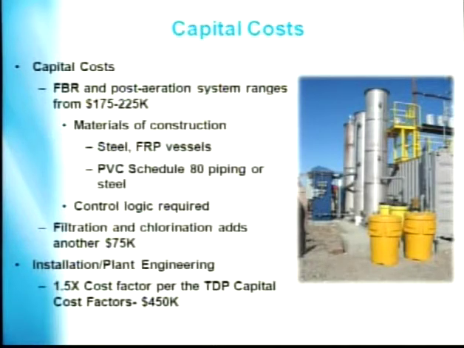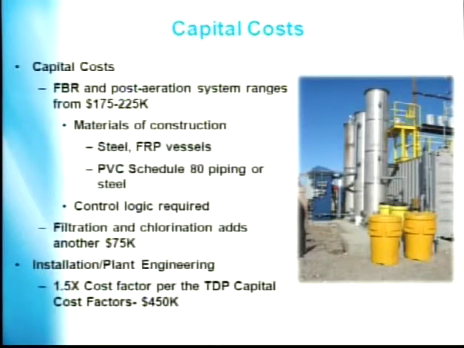So looking at the capital costs for a small system like this, I'll give you an example that you see right here. This is actually the demonstration that was at Rialto. That's a 3-foot diameter FBR in the foreground, and then you see a couple of other tanks. There's a post-aeration tank in the middle. Off to the left is a small Trimite filter, the little cousin of the Trident filter. And this is feeding 50 gallons per minute